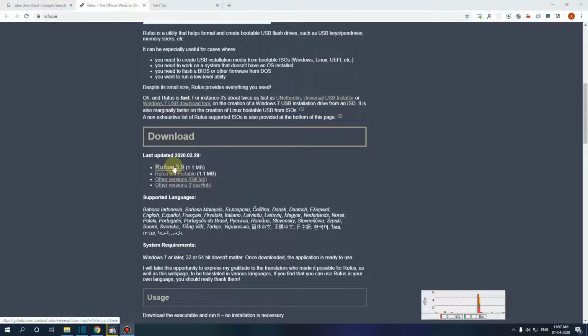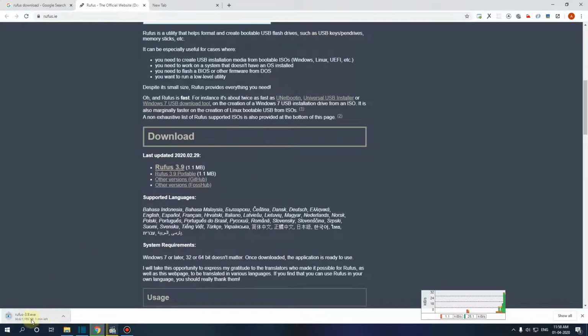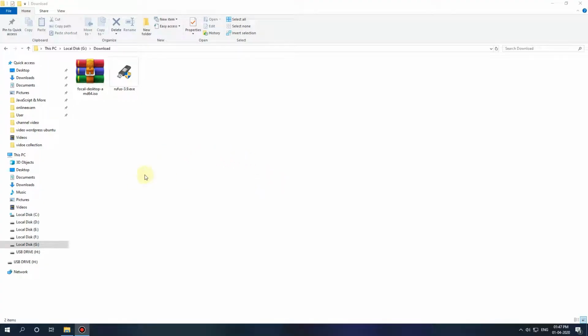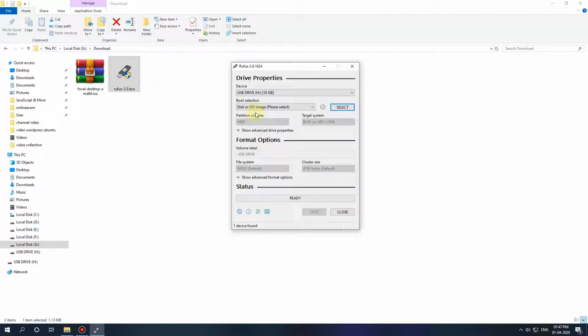The program that I am going to use is Rufus, and you can get that from rufus.ie. Scroll down and click on Rufus 3.9 to download that. And our Ubuntu ISO file and Rufus 3.9 are downloaded successfully. Now connect your USB drive to your system and double click Rufus 3.9, and in the